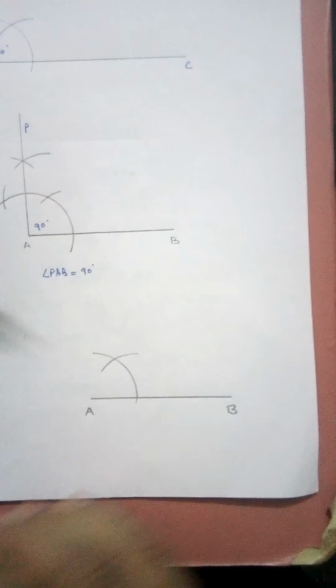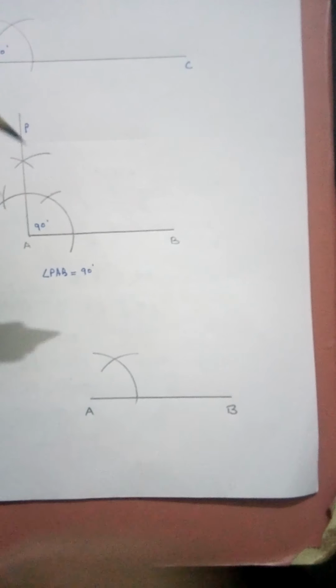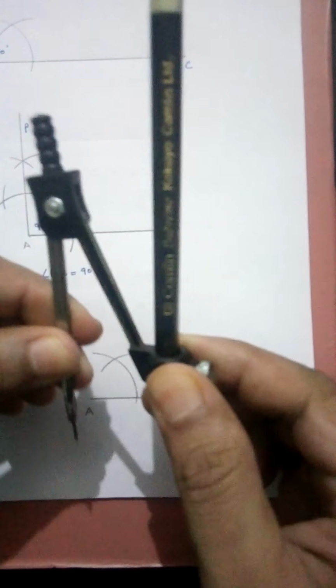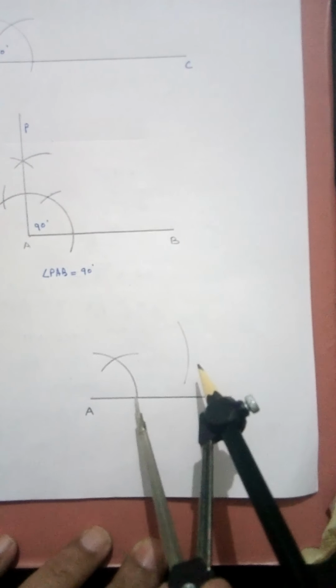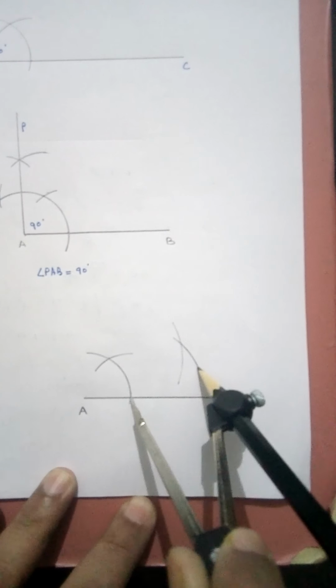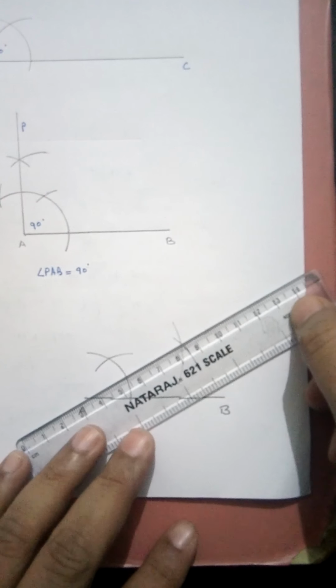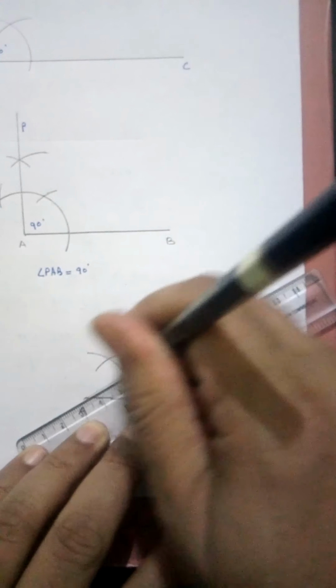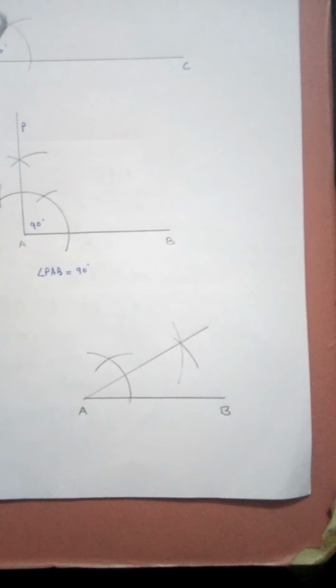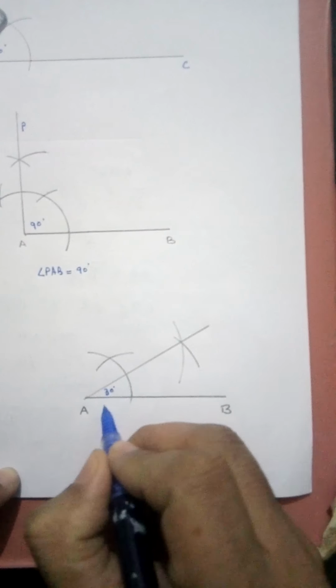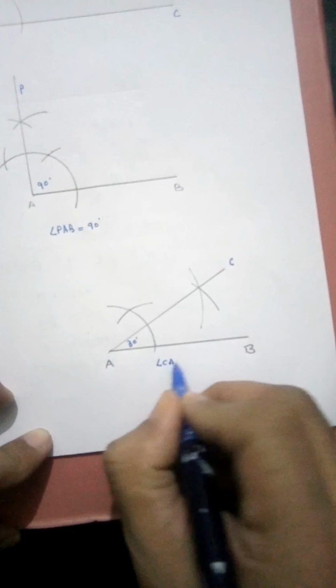Now the question is to construct 30 degrees, so I will not draw the 60 degree line. Instead, now I can change the radius. From the 60 degree arc I will cut an arc in this direction, because 30 degrees will be lesser than 60 degrees, it will come this side only. And from this straight line 0 mark I will cut another arc to cut the earlier arc. If I join this intersection of the arcs to the point A, the angle which I will get is the 30 degree angle. That is, this is how we bisect the 60 degree angle. So angle CAB is equal to 30 degrees.